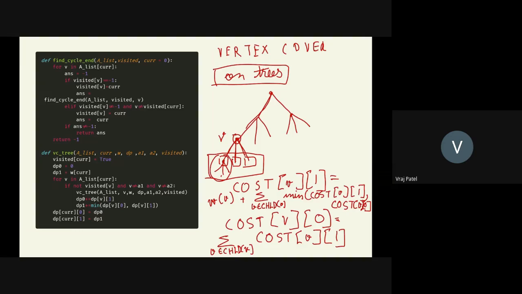For the last node, it is a base case, you can handle it, and for all the other nodes, you can just apply this DP, and slowly you will calculate the answer for this, then for this, and then for this. For calculating the answer for this node, you need the answer for this, and then you can finally calculate the answer for the root, and then you can just print out the minimum of cost v1 and cost v0, and you'll get the answer for the whole tree. So what is the time complexity for this one?